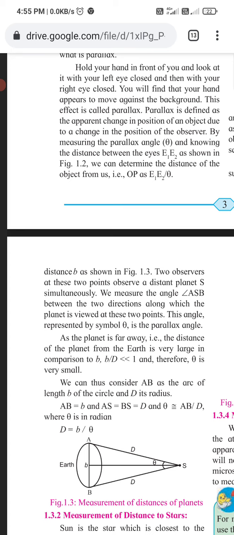So, this much we have studied today: systems, 4 types of systems, then units, fundamental units, derived units, fundamental quantities, and